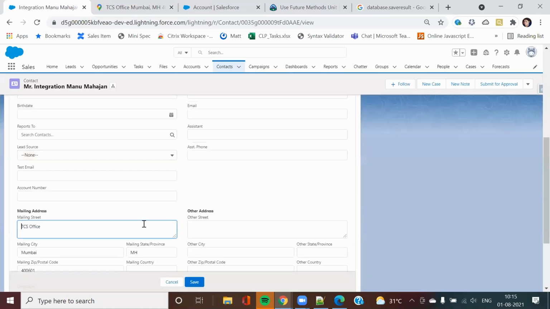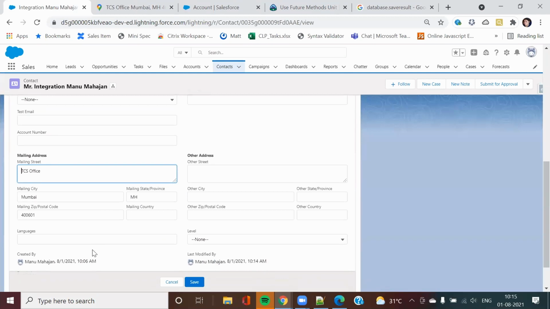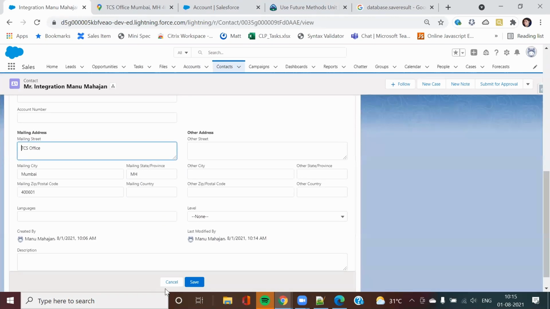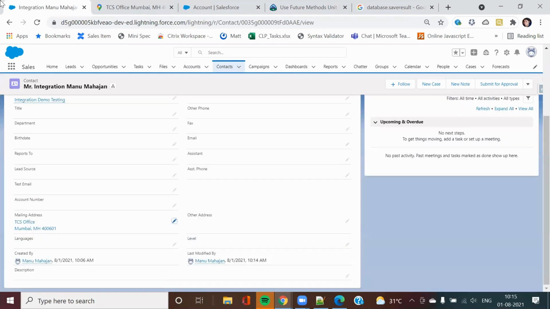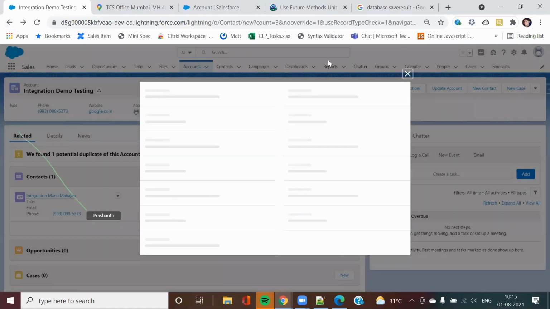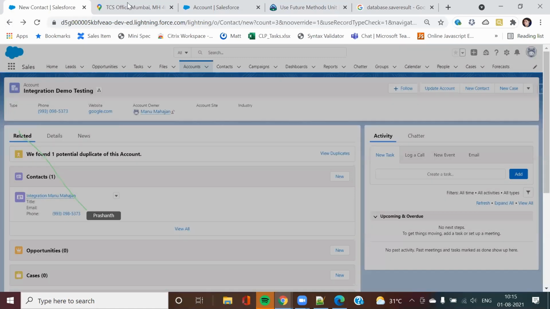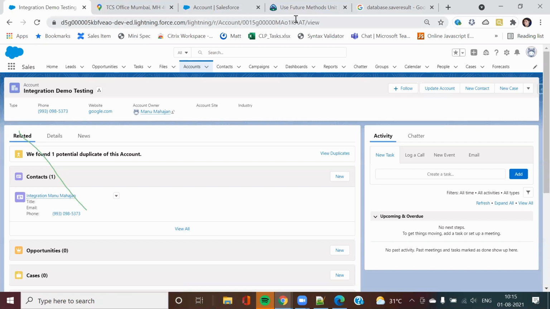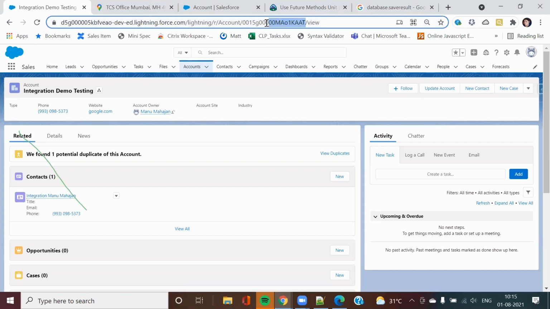So this was done using this batch job. Apart from this, the ID is also there, you can check it out.